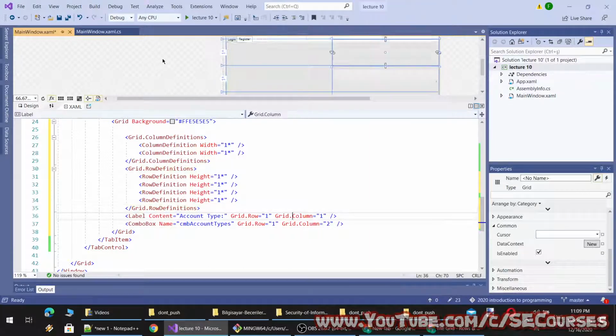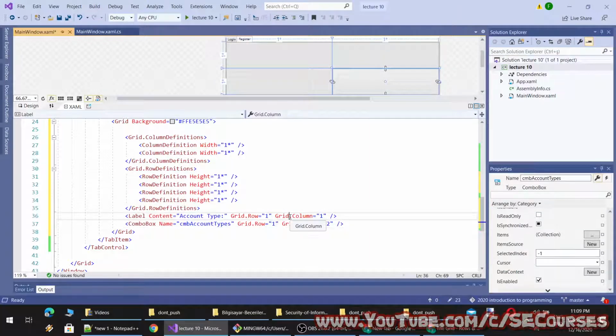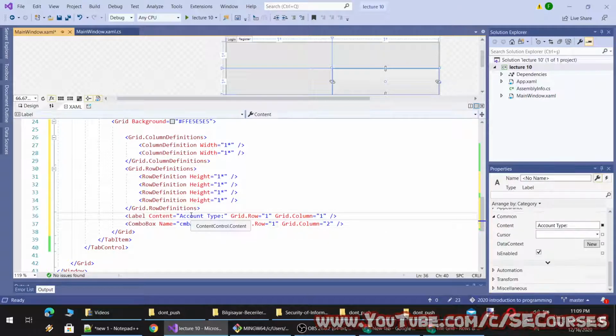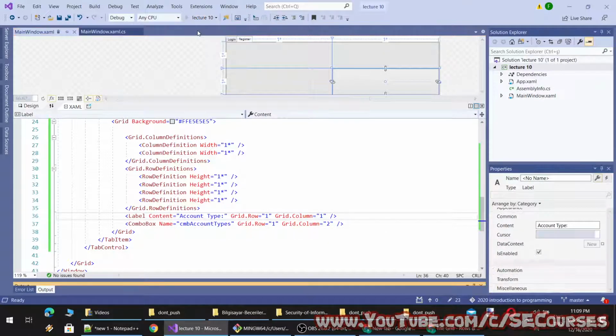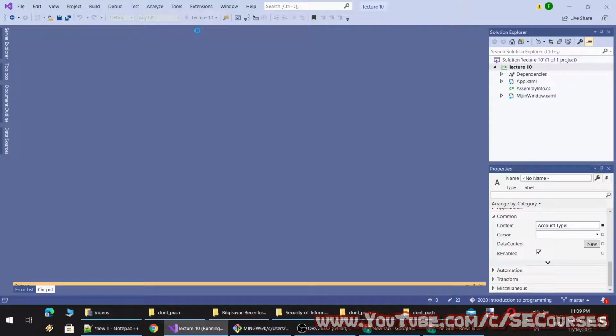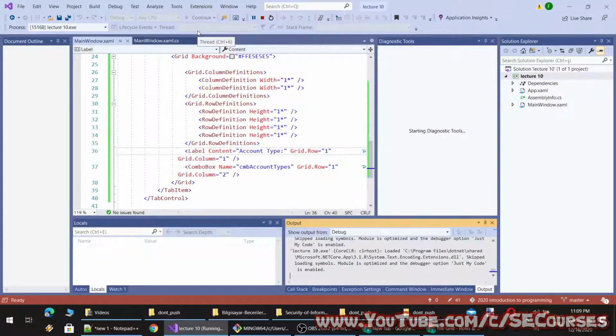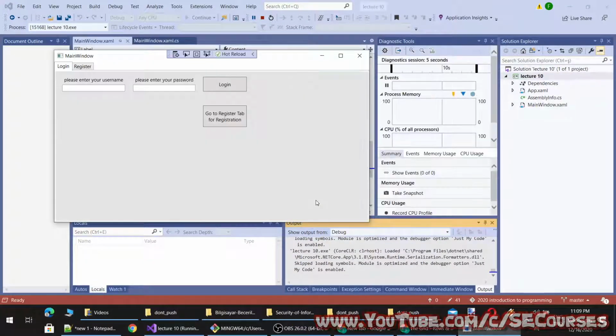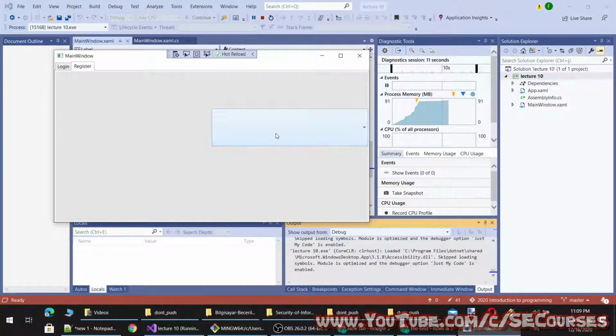Okay, so where is the error? When I run the application, let's see what we see. Okay, so this is what we get, and this is not what we want.